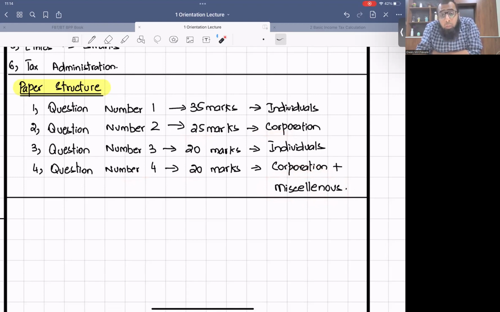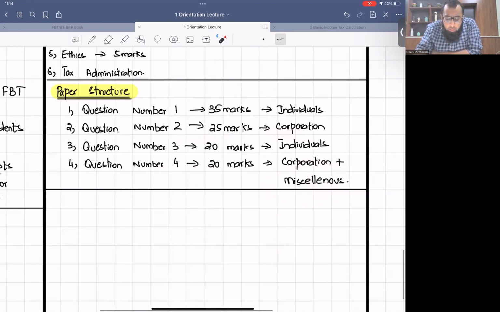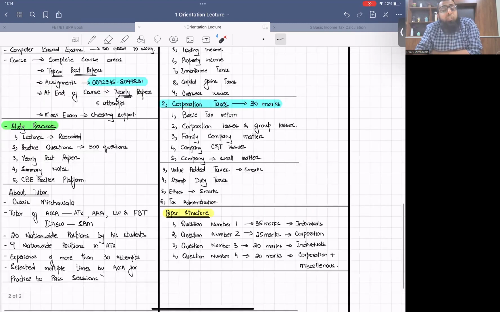Like the examiner asked about value-added taxes. He can give some individuals also. Sometimes he asks about the administration issues, like when a particular tax is to be paid. So things like that. So when we talk about this advanced taxation course,